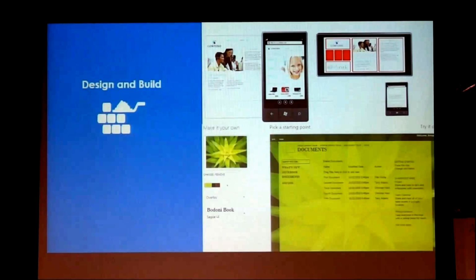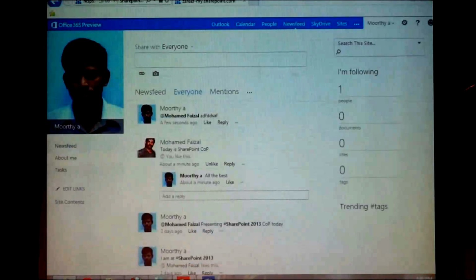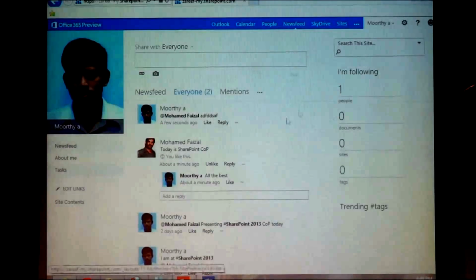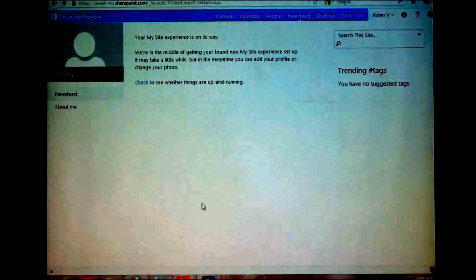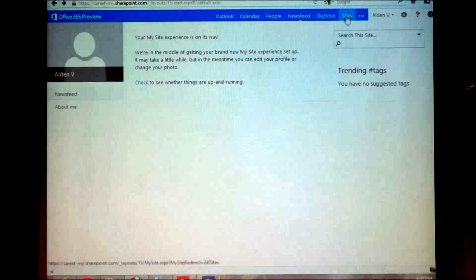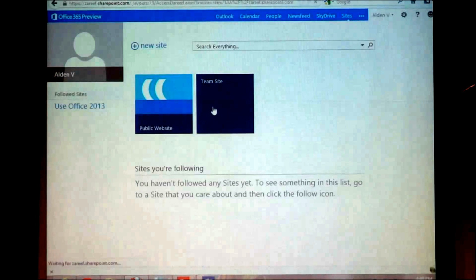Okay, let me go. I use three different users here. I use Muti here, so I use Alden here. What I can do now: Alden comes to my site and wants to get access to the site. He's clicking my team site.